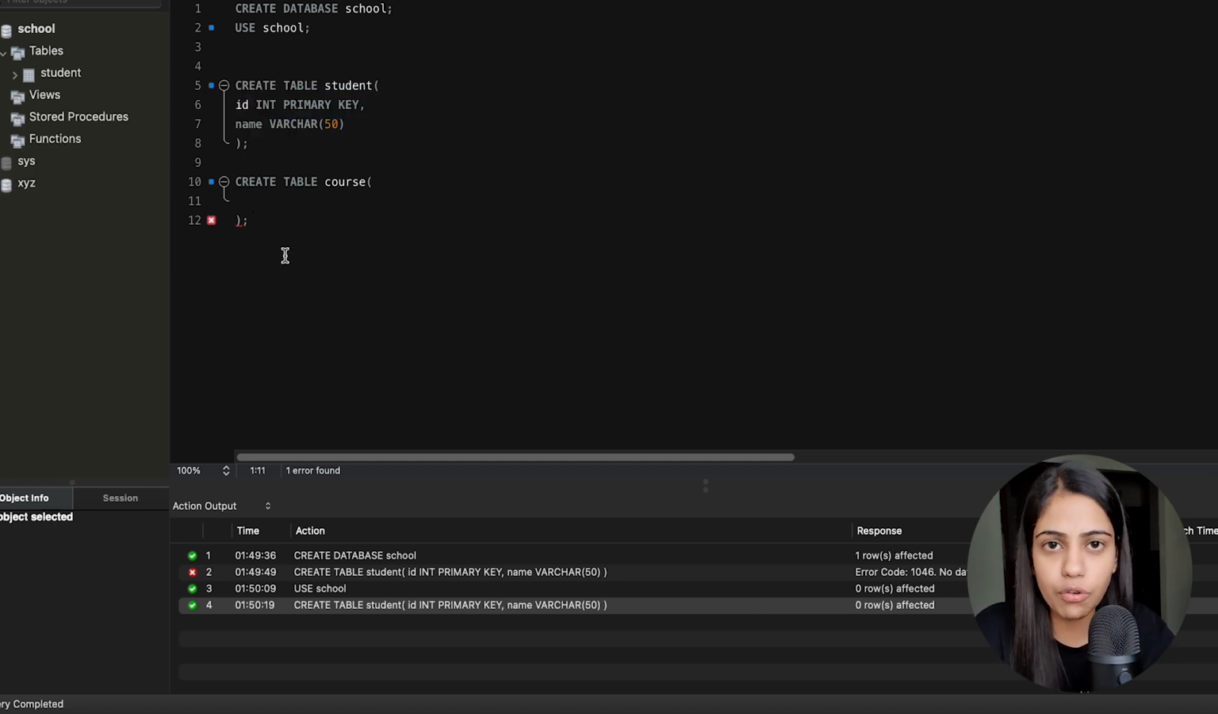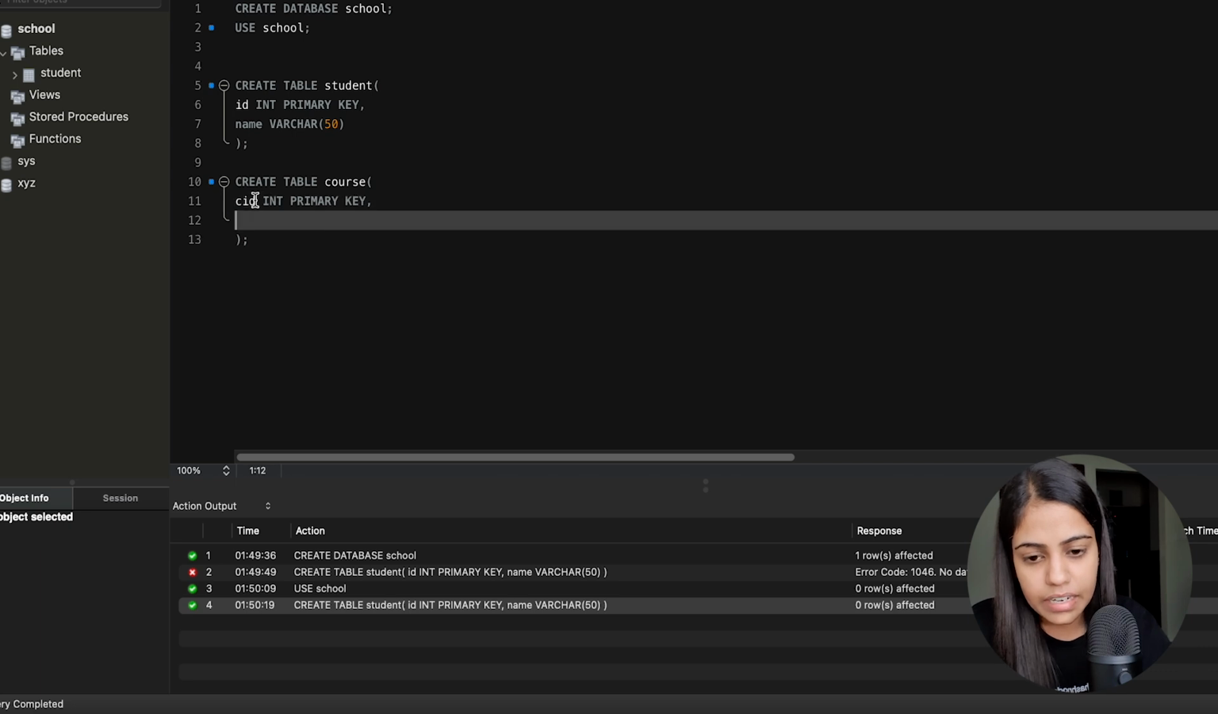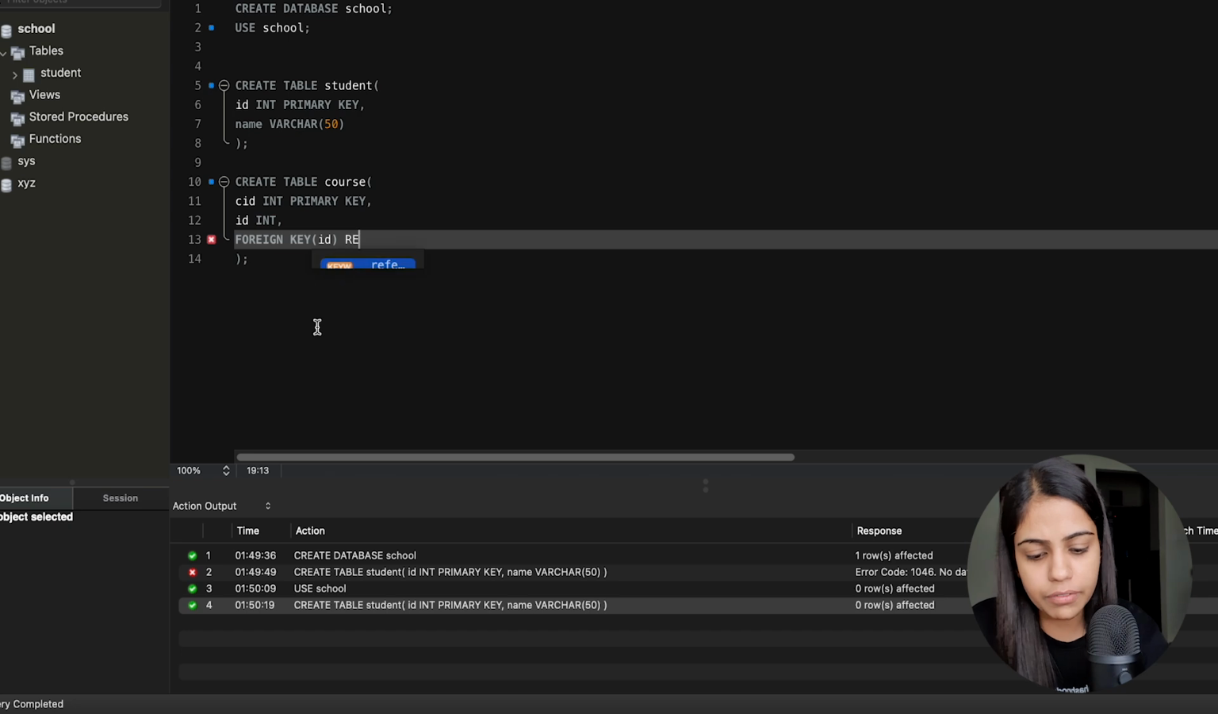Now I am creating a table course, which is a child table which will have a foreign key, which will be referencing the primary key of the student table. So what I'll do, I'll just give course, and then I'll give course ID, integer, and here in this particular table course ID is acting as a primary key, so I'll give primary key, and then I'll provide the ID which is coming from this particular student, and it is taking integer values, and then in the last line I'll provide that ID is a foreign key, so I'll provide ID here, and then I'll provide which table it's referencing to. So references,